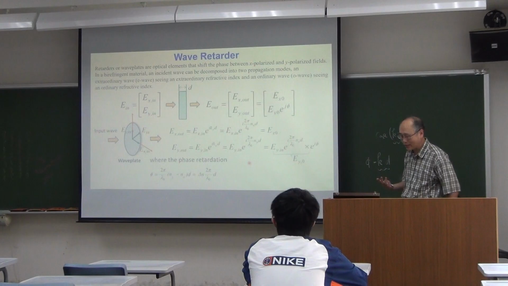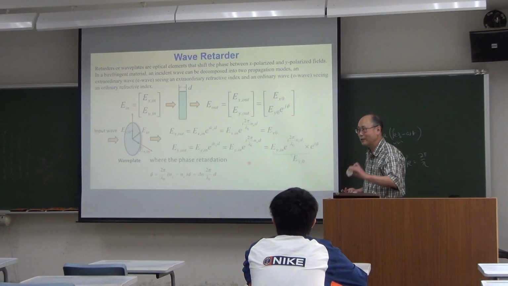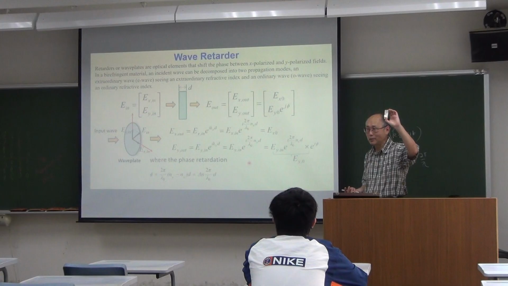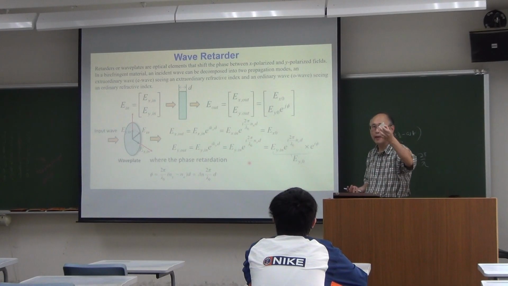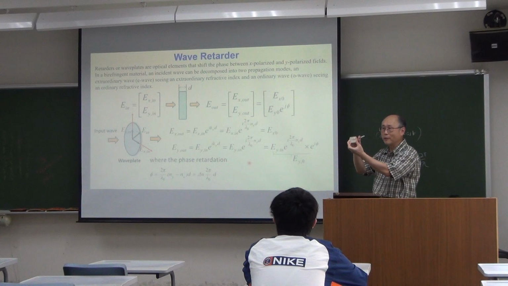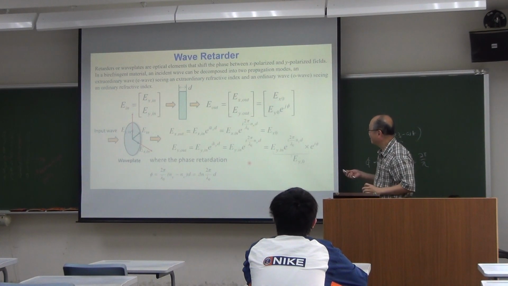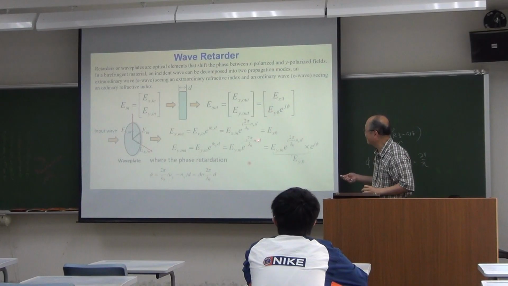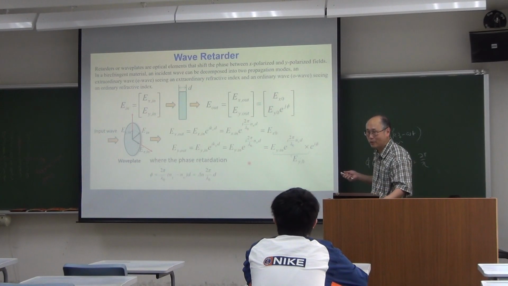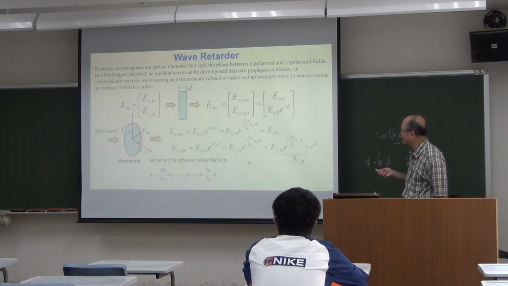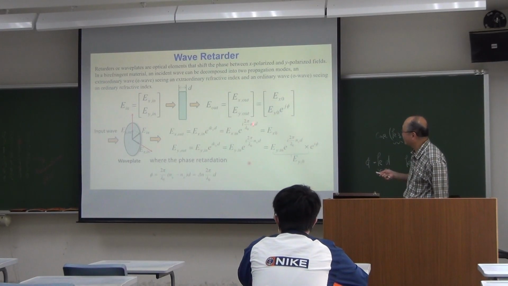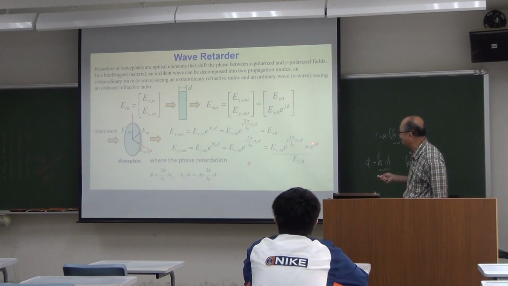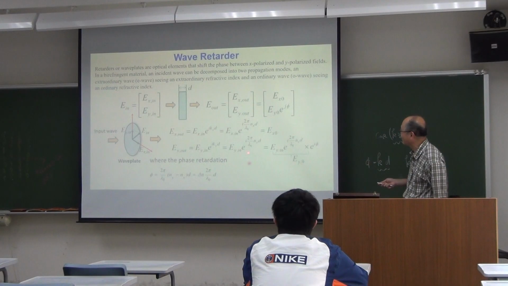In some materials, yes, we have done an experiment before. This is a calcite crystal you played with last week, and for different polarizations of the light going into this crystal, the refractive index seen by the light will be different. So nx and ny can be different, and we call this birefringence of a material. We've been talking about this. But then you see that when you acquire different amounts of phase along the X direction and Y direction, you have a phase difference that will allow you to